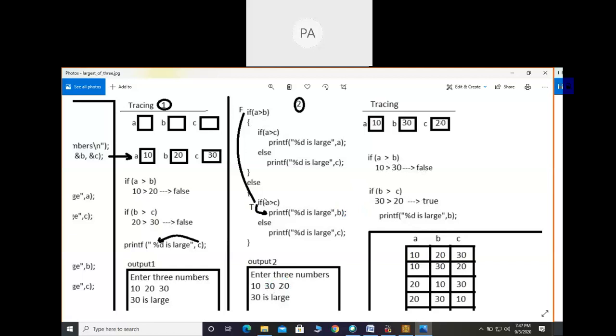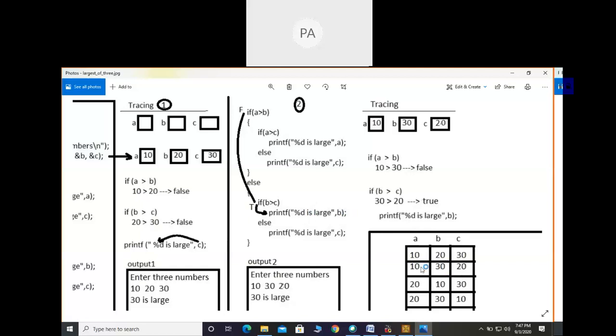It will come to the else part of that condition, which is B greater than C. That means 30 is greater than 20. Is 30 greater than 20? Yes, it is true. So the statement immediately following that condition will be executed, that is %d is large. In case of %d, it will substitute the b variable's value, which is 30.